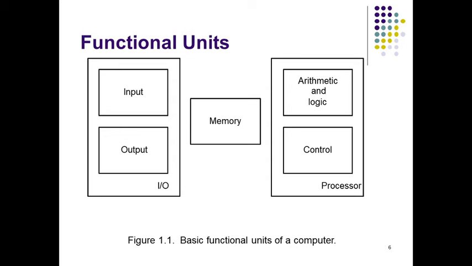As you can see in figure 1.1, there are no connections among the functional units. These connections can be made in several ways, which will be discussed in the later part. We refer to the arithmetic and logic circuitry in conjunction with the main control circuitry as the processor, and the input and output equipment is collectively referred to as the input output unit or IO unit.